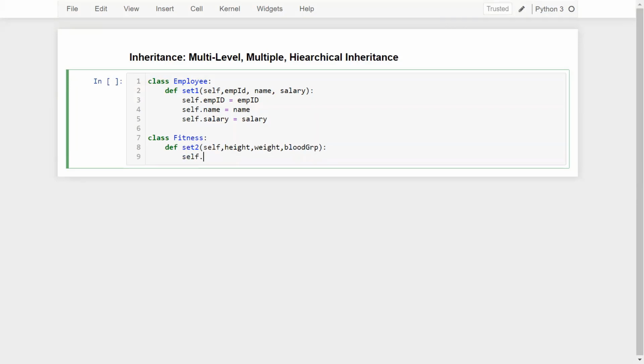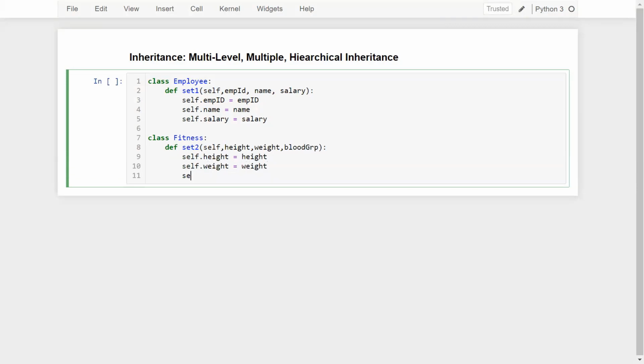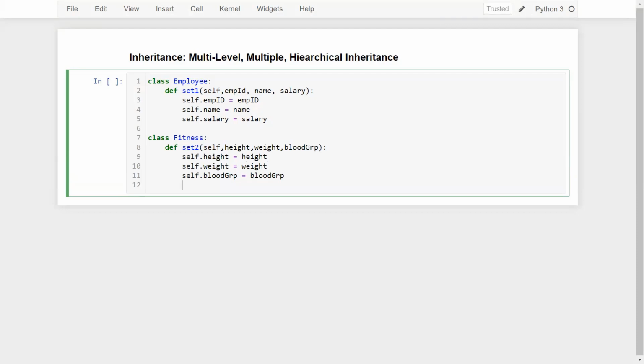So self.height equal to height, self.weight equal to weight, and self.blood_group equal to blood_group.